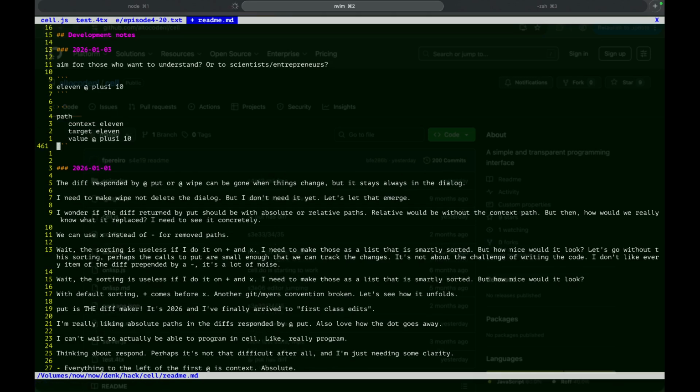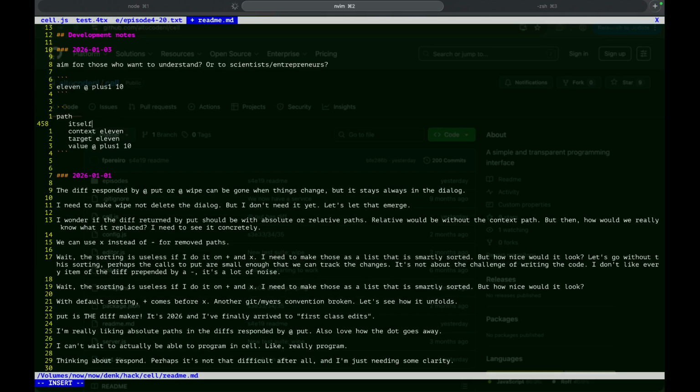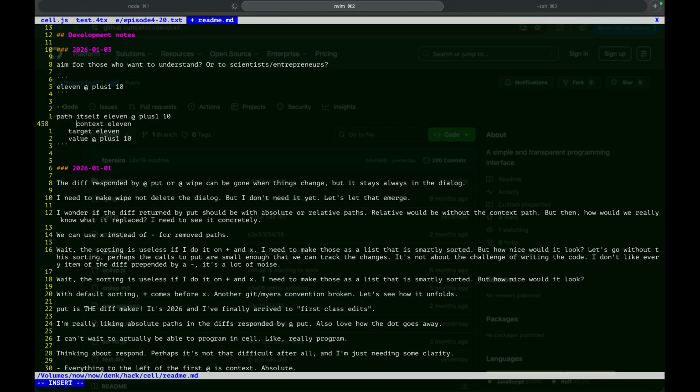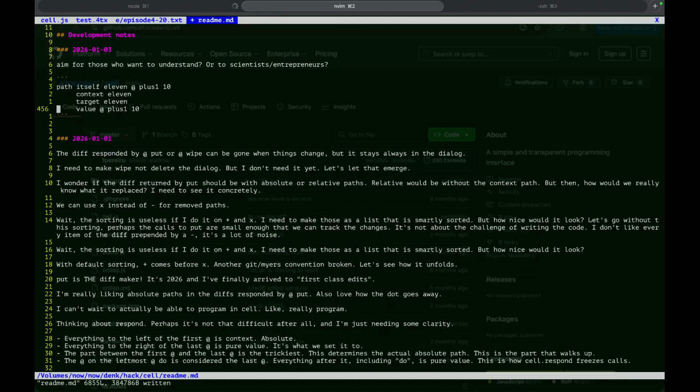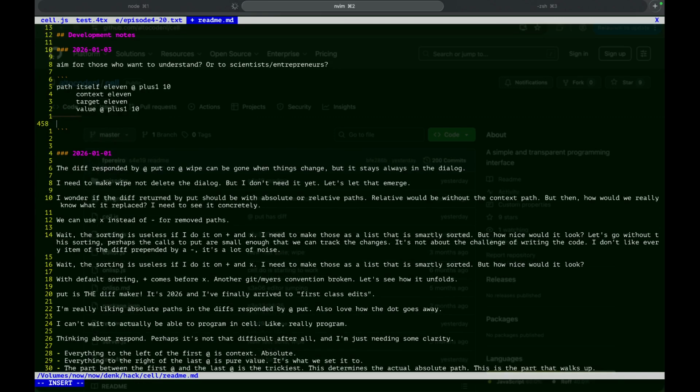Can do it like this. So this is the initial thing. The path itself is 11 plus 1, 10. Sorry, it doesn't work like that. For a minute I forgot how for data works. So this one is,